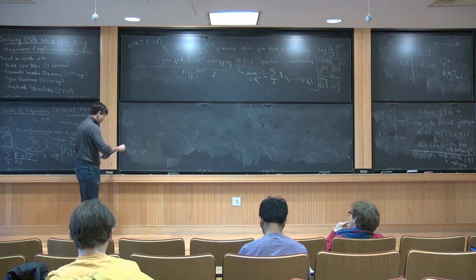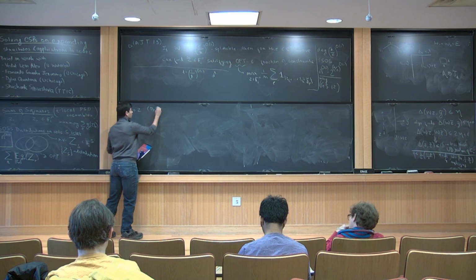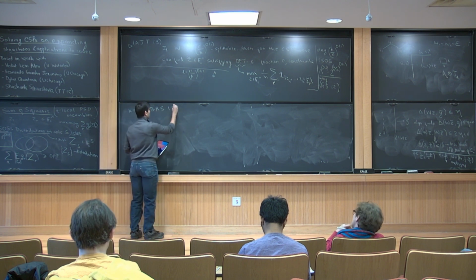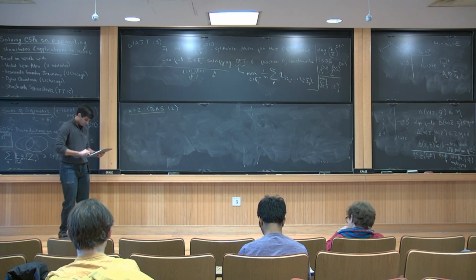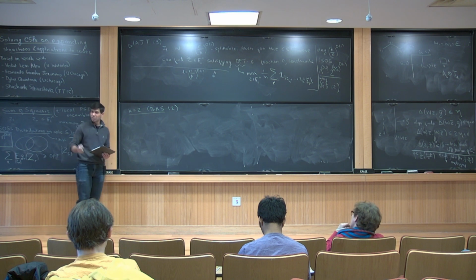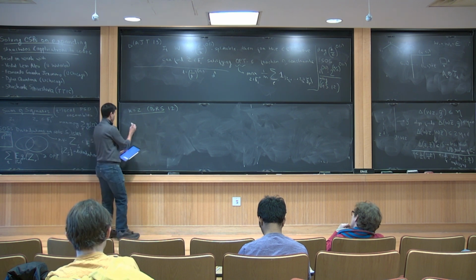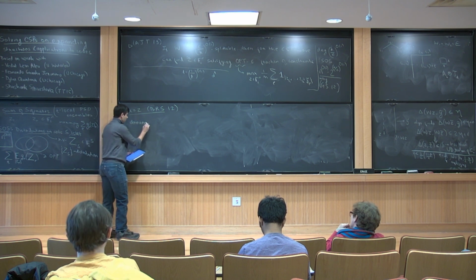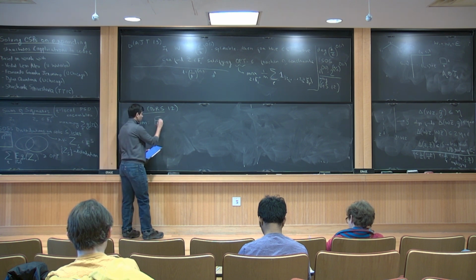Okay, so let me first say what would happen if we were just looking at k equals 2, which means that each constraint is just on 2 variables. Now, I claim that a dream case would be the following, that